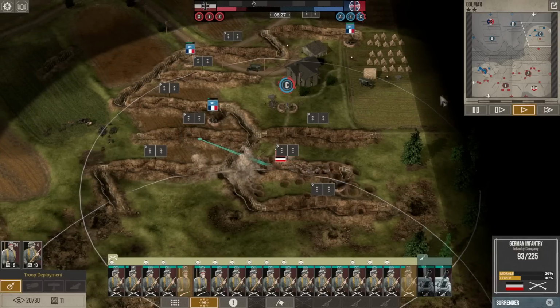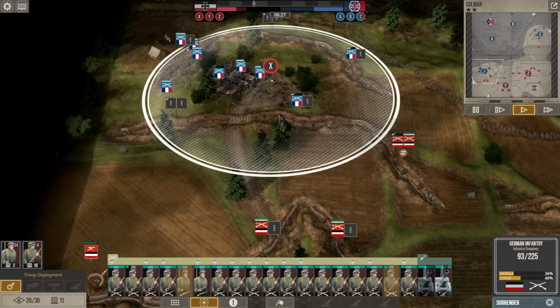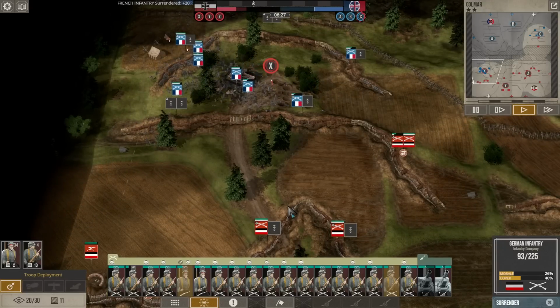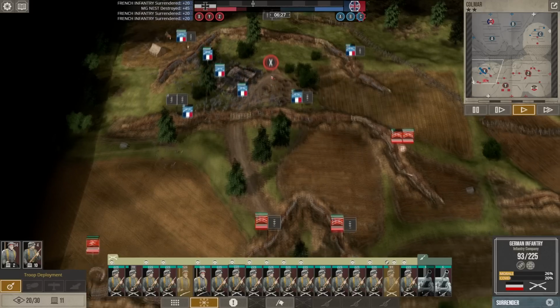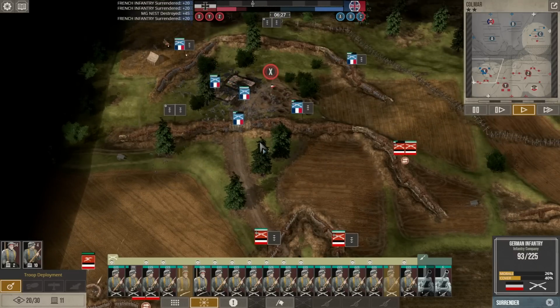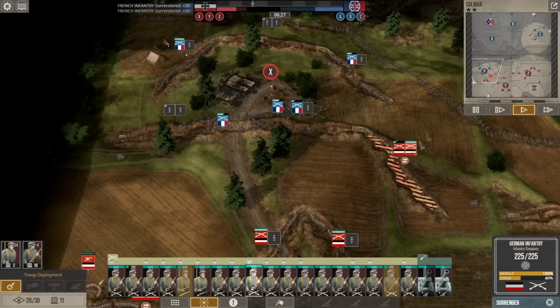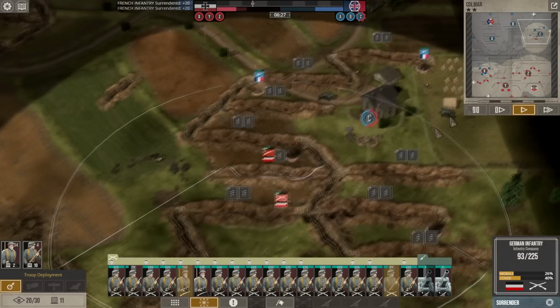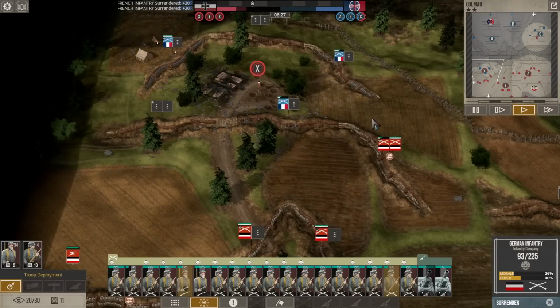All right, go move up there. They're at least using arty on their own trenches, though, which is a nice change of pace. Again, this MG here, holding that flank. They did this attack, failed miserably for them. We're taking point C. Be cool if we could take the entire...